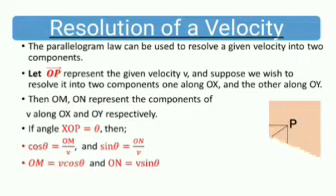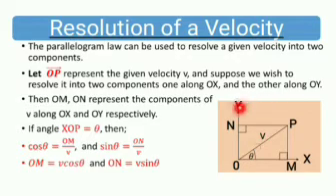So this is what we are talking about. Assuming that we have a diagram like this, let OP represent the given velocity as indicated here. Suppose we wish to resolve it into two components along OX and along OY. Then OM and ON will represent the components of this velocity along OX and then along OY